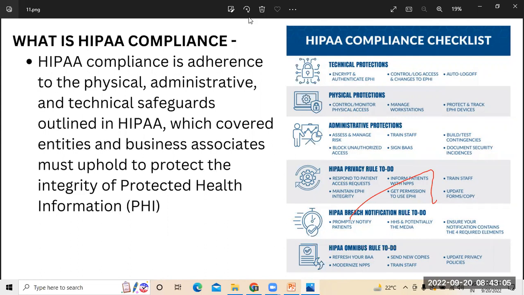So why are we learning this? It majorly relates to that, right? Because from time to time, whatever changes we are making in the documentation, we have to do it from time to time. So this is generally the checklist which we normally have to follow in reference to that.